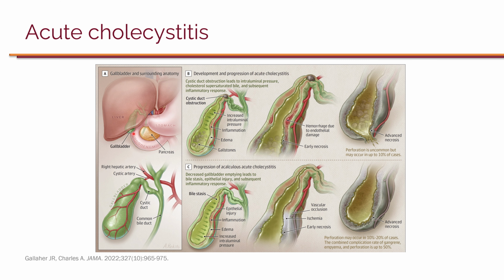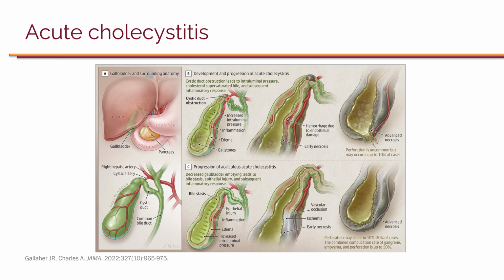So let's take a closer look at cholecystitis. So this is again in the gallbladder. The gallbladder is behind the liver, and we can think of it as calculous or acalculous. For calculous, essentially, it's due to obstruction from a gallstone. So as these gallstones form and get bigger and bigger, they can essentially obstruct the flow of the